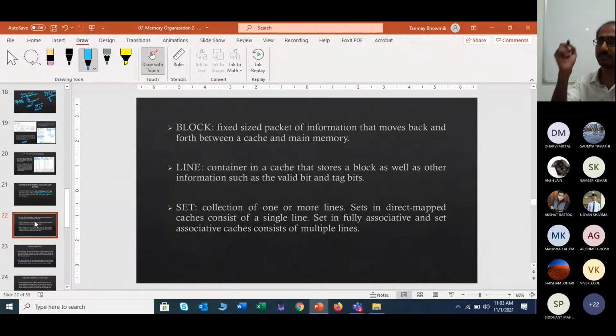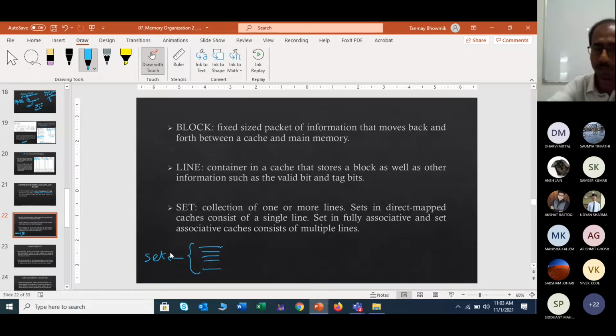Think about the cache memory diagram, where cache lines were shown. Each and every one is a line, and all of these lines together form one set. So that is actually the whole thing.